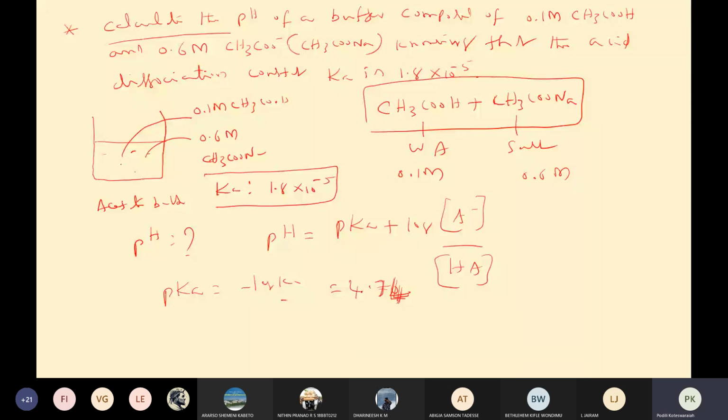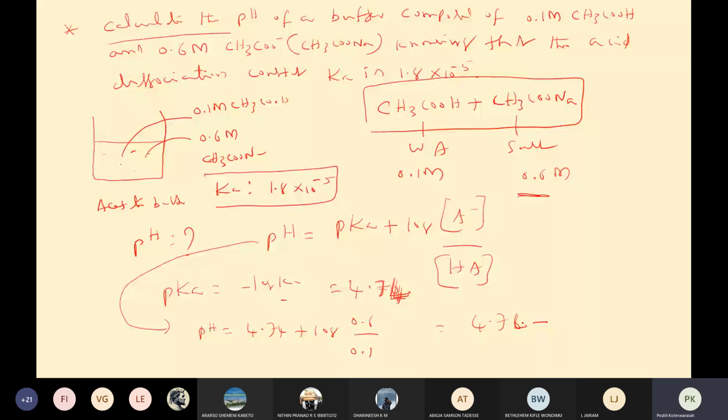4.74. This is the pKa value of this one. So now pH is equal to pKa plus log [A-]/[HA]. So we know pH is equal to 4.74 plus log of 0.6, that is A minus, this is a salt, divided by 0.1 molar. When you calculate using a calculator, you will get